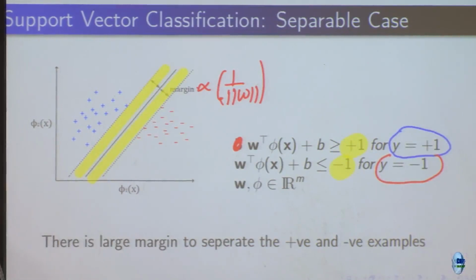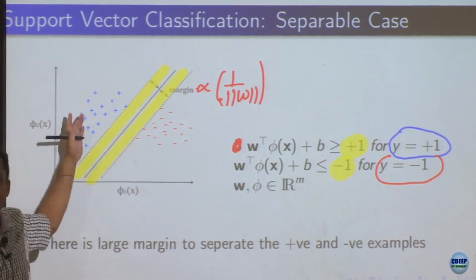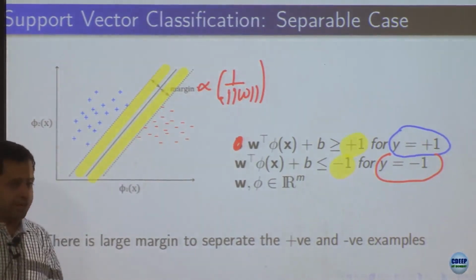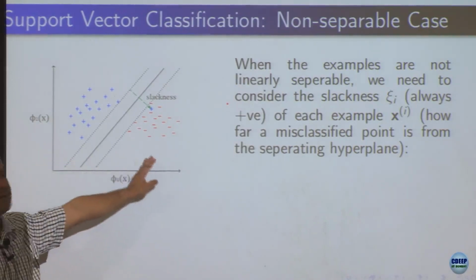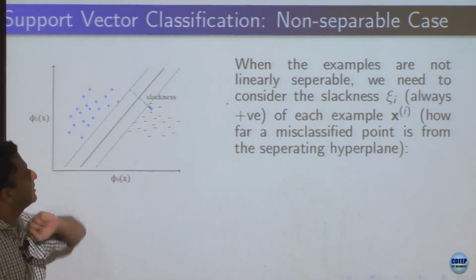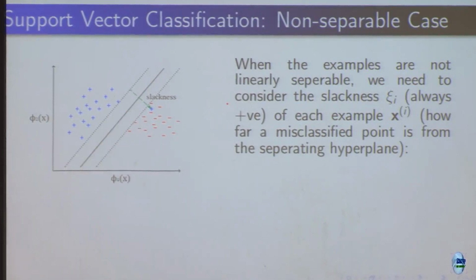But reality is that they are not necessarily well separated. So forget about getting a margin. The points may even kind of interfere with each other. So what typically is done is you allow a slackness. So slackness says, well, they are on the right side except for some slackness, and the way you write this